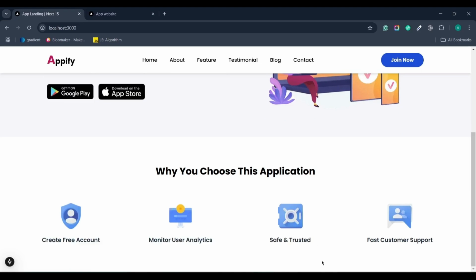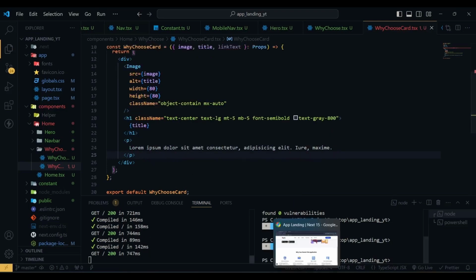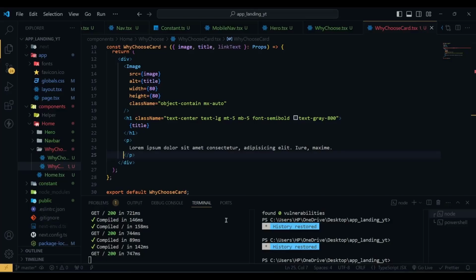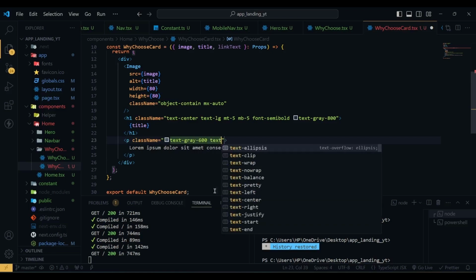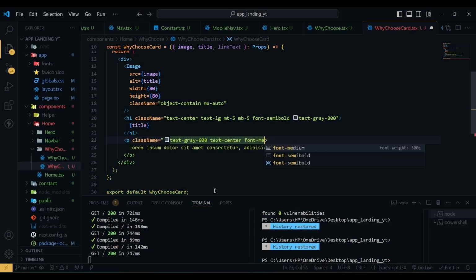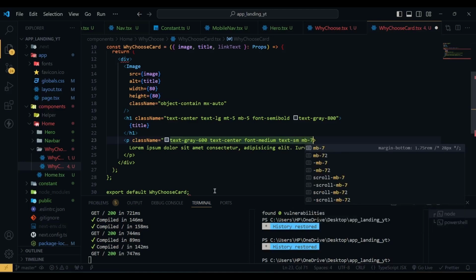Next we need the description and the link text. So then we're going to use a p tag with some random text. So lorem 10. So it looks good. And the p tag will have a class name of text will be gray 600, text will be in the center, font will be medium, then we have text of small, margin bottom will be 7,